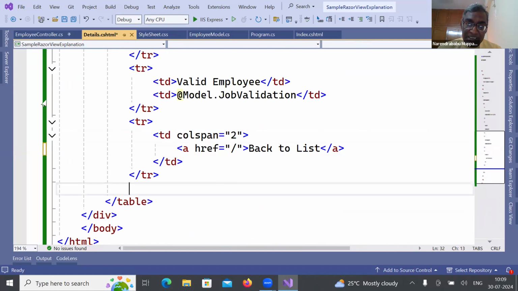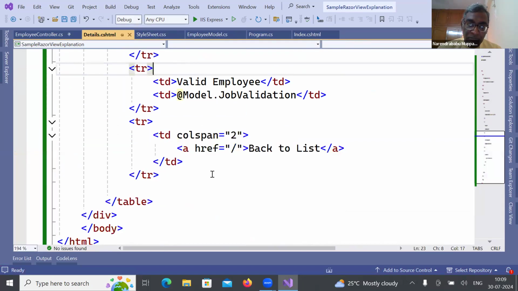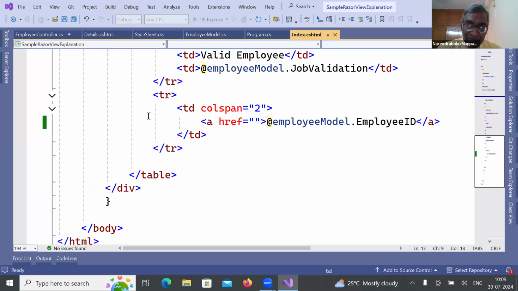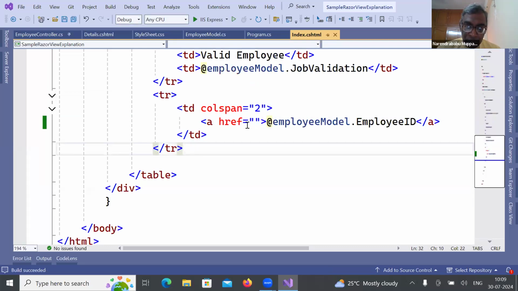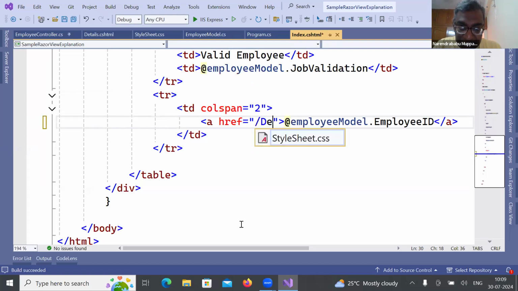You are giving your routing here. When you build, the routing will come. Now, the same thing in the index.cshtml, you have to build a routing over here. Just take tr. Here you can use simply, how to build that? Slash details slash